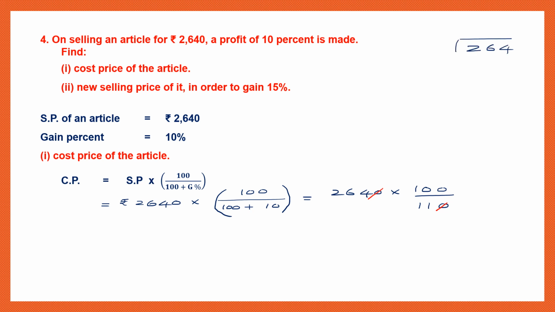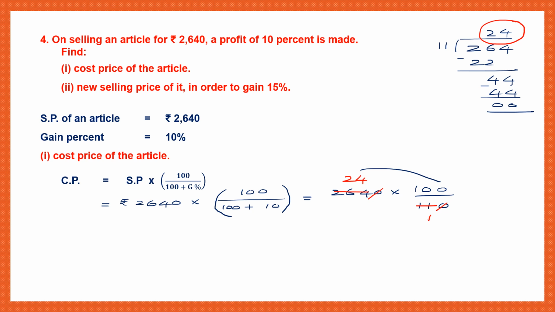So now 11, let's take 26. 11 2s are 22, minus 6 minus 2 is 4 and bring down 4. 11 4s are 44. So we have been able to divide that number, isn't it? So now let's say 11 1s are 11, cancel 11 and 264. We have found out here 11 into 24. So 24 is 264. Now we have to multiply the numerators. 24 into 100 is